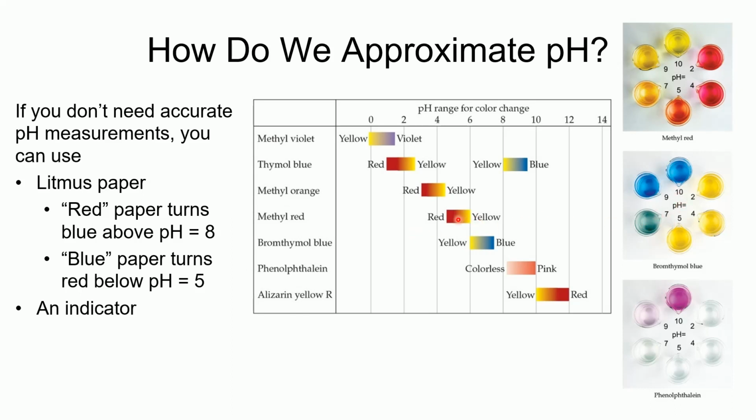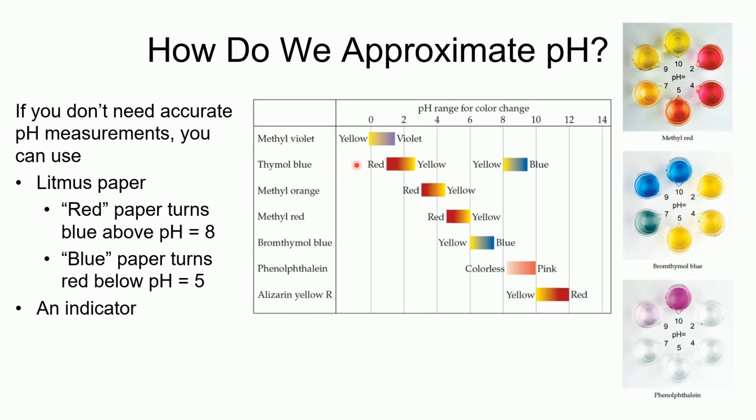Methyl red is another popular one. Its switching point is right about 5. You'll see here it's orange when it's at 5. Anything less than that, it's red. Anything more than that, it is yellow. You'll see even it's a little bit of orange there, even at 7, but that's methyl red. And just by changing the molecules a little bit, they can make it so that these numbers shift around a little bit. Thymol blue is really cool, and I don't have a picture for it,